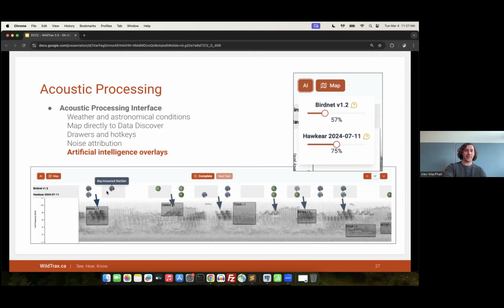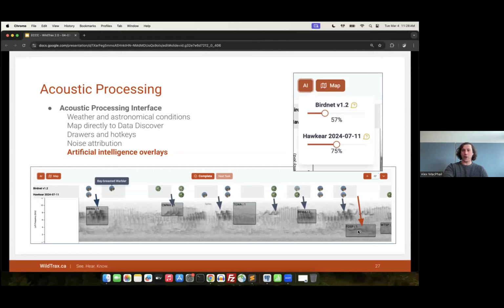But here you can see we've got some great detections of bay-breasted warbler by both the human and the AI. We've got another great detection of a Cape May warbler, again with human and AI. But then the AI is, of course, continuing to detect these strong signals of bay-breasted warbler through the course of the recording because they're continuing to occur. Because this is a time-of-first-detection recording, the human is only going to detect the first instance of the bay-breasted and then the second instance, et cetera. So you're going to get more results from the AI, depending on the thresholds that you use for the species that you see in those recordings.